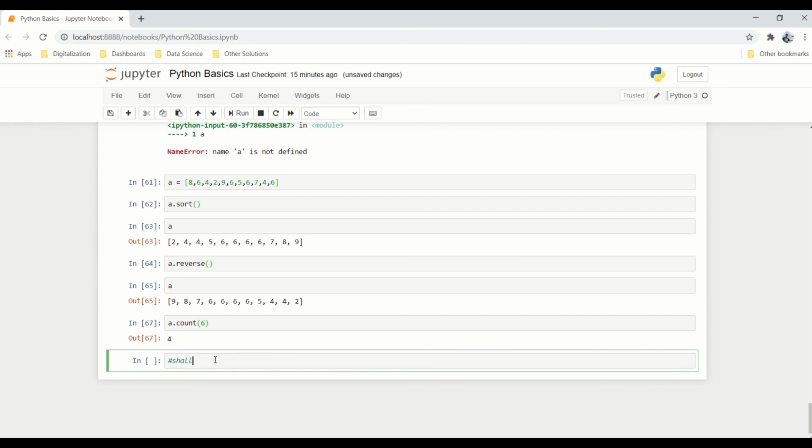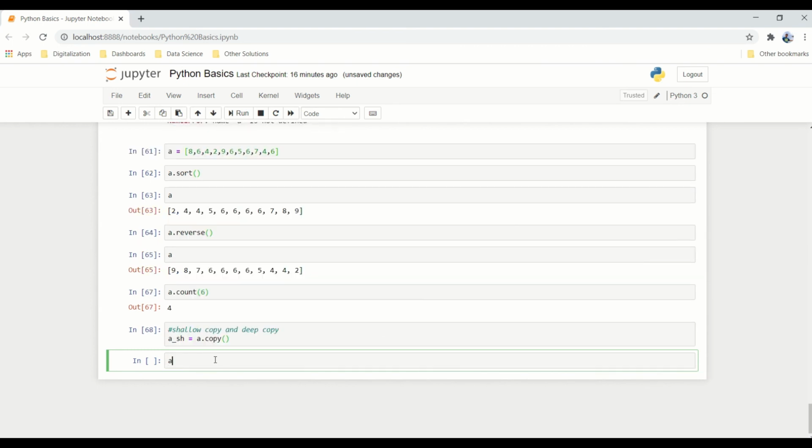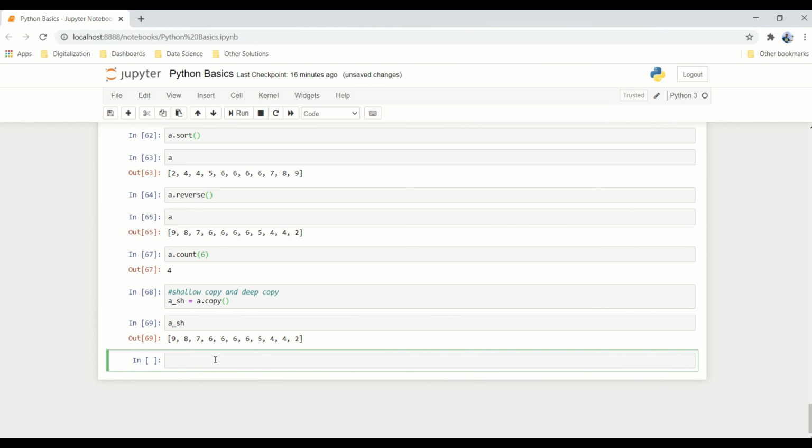Now let's look at shallow copy and deep copy. If you put help of a.copy, you will see that the copy function is using shallow copy. So let's create a new list with a shallow copy. Say a.copy will create a shallow copy into a_sh. Same way we create a_dp, which will be a deep copy.